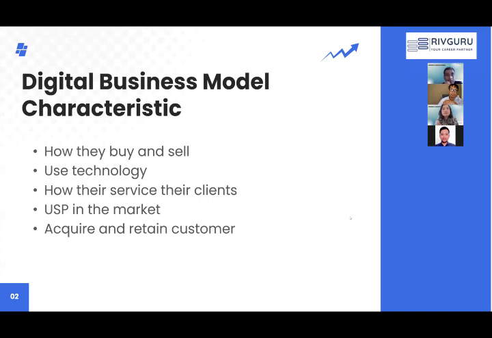Yes, so business model basically consists of how you buy and sell businesses, how you acquire the customers, how you use the technology, how you service your client. Most important, what is the USP for this? Now, if you see